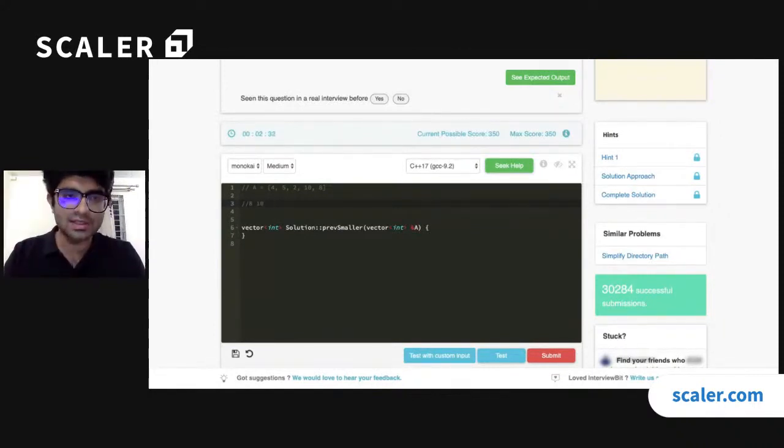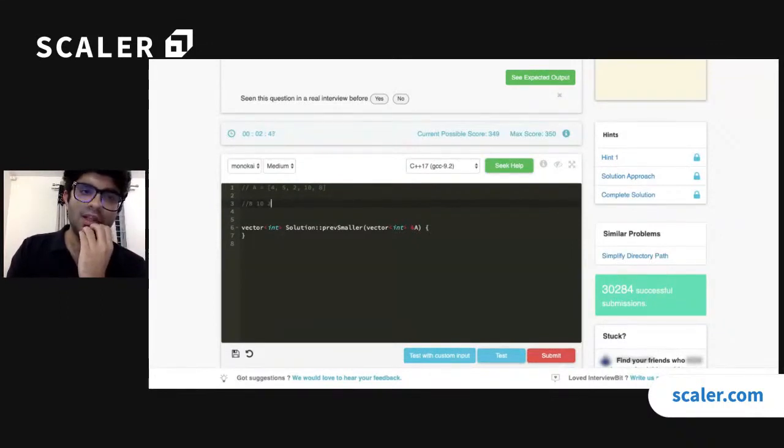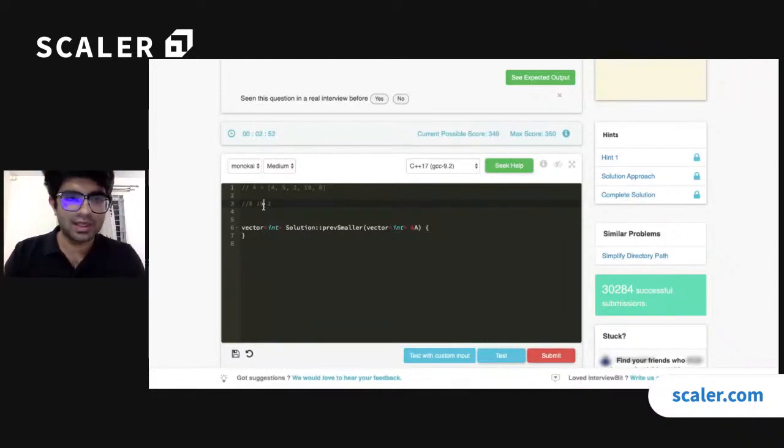Now I just found 2. One thing that is clear to me is that 2 is smaller than 8 as well as 10. So one thing I can say for sure is that 2 will be the answer for both 8 and 10. So I can update my answers, and I just need this data point only, because I already figured out the answer for these. So I just need to maintain 2 only.